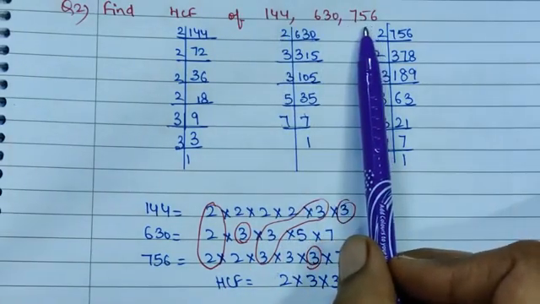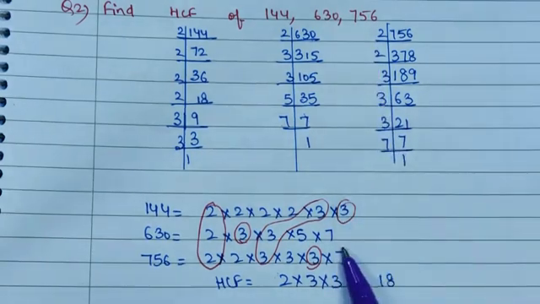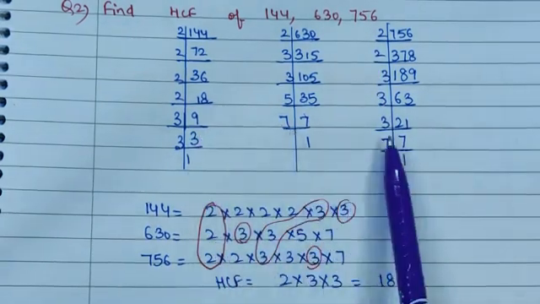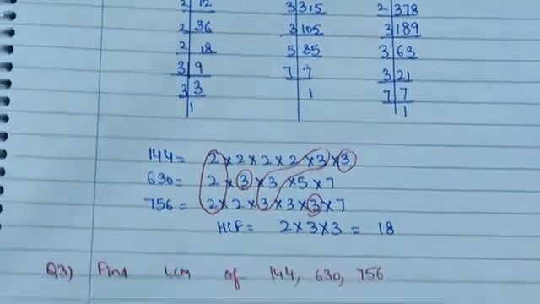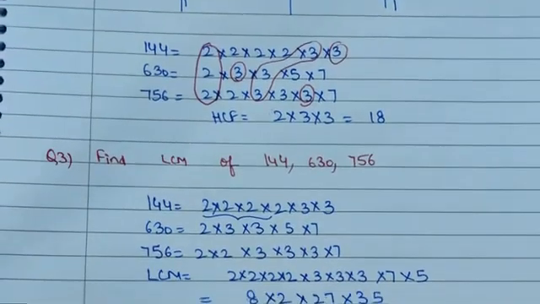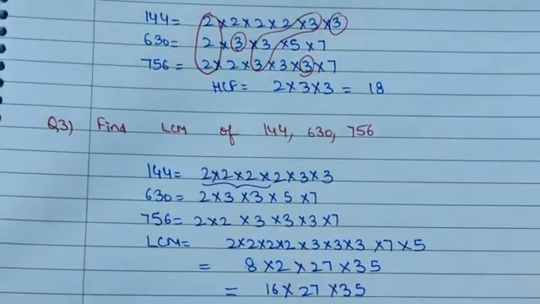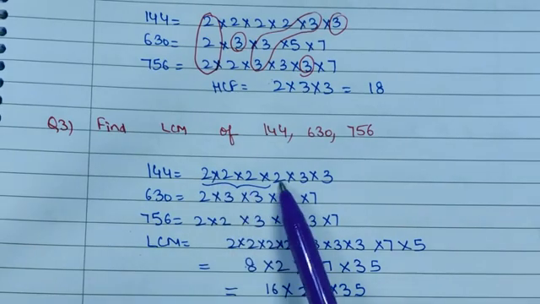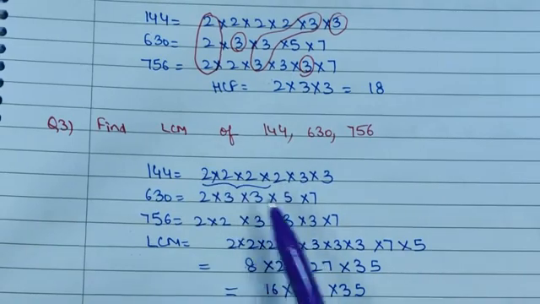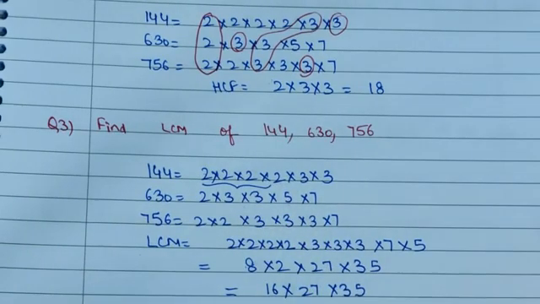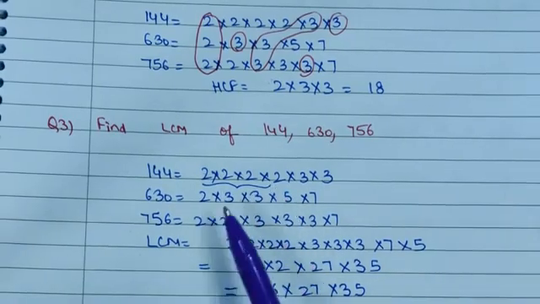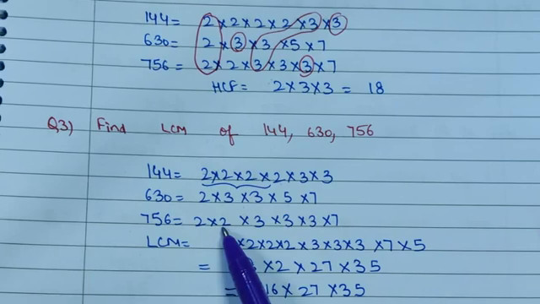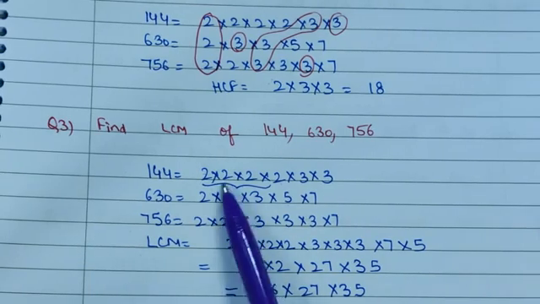The first step is same and the second step is also same. That is, first we have to find their prime factorization, then we have to write it like this. Now let's see what happens when we write LCM. In LCM, children, you have to consider all the factors. Now see, factors are 2, 3, 5 and 7. All the factors you have to take. Now 2 is coming here 4 times, here 1 time and here 2 times, and we have to take it maximum number of times, that is 4 times.